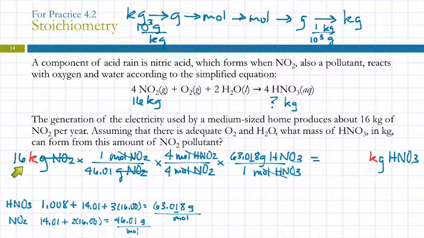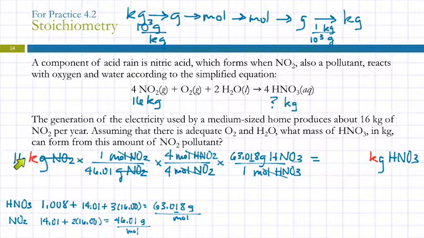I just set the kilo aside. I didn't cancel it out, and so it's just going to sit here. The reason that works is because if I did the conversions, they'd just cancel each other out. You can do that. I don't like to. So I'm going to do this math. 16 divided by 46.01 times 4 divided by 4 times 63.018 equals,